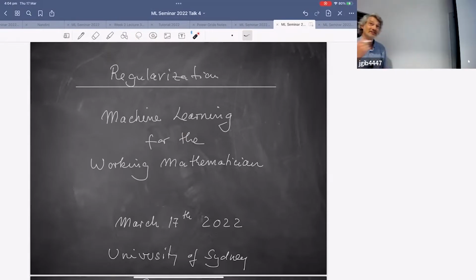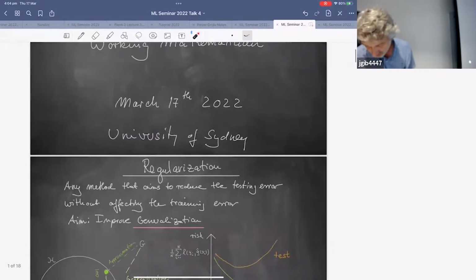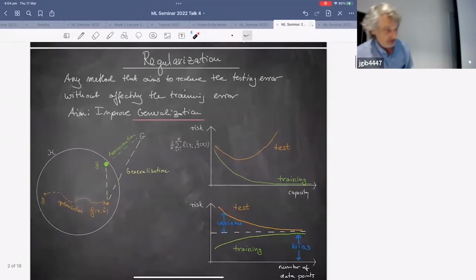Okay, so welcome to the second part of the seminar. This part is not related to the first part, it's independent of it. And it's about regularization. So we already talked a lot about